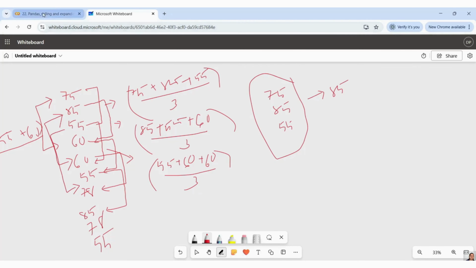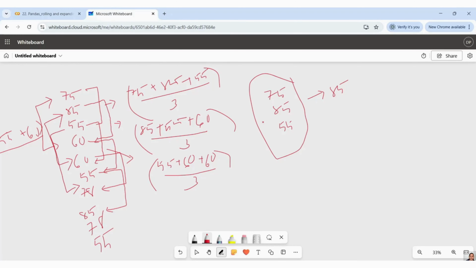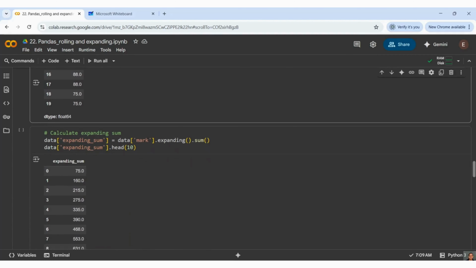So the same thing you should be able to see, 85. Again, the next window will come here: 85, 55, and 60. So it will just shift by one data point and calculate it. Here my maximum value is 85. So I got the same thing there. So this is how the calculation proceeds, right? This is how the calculation happens.